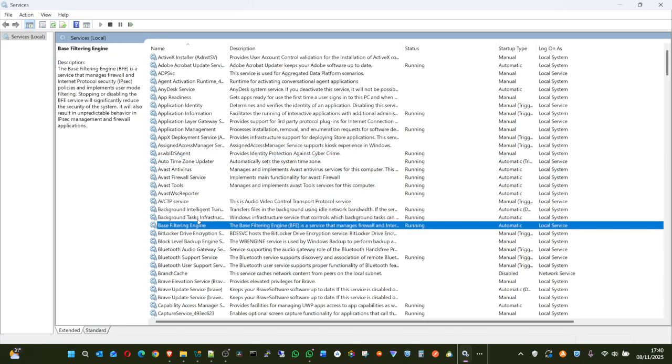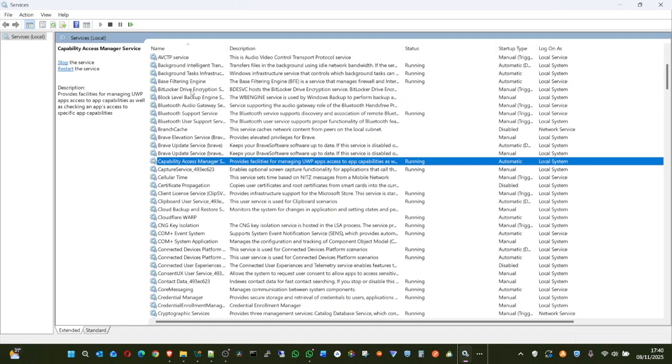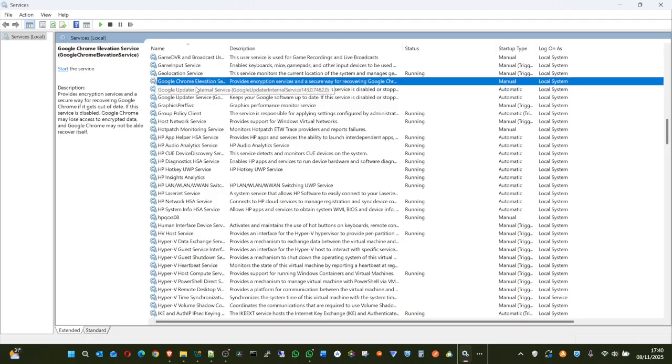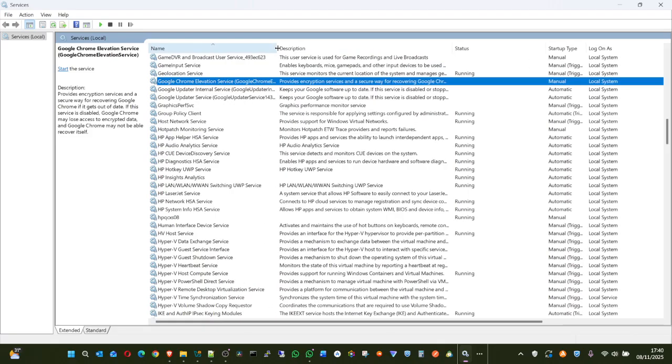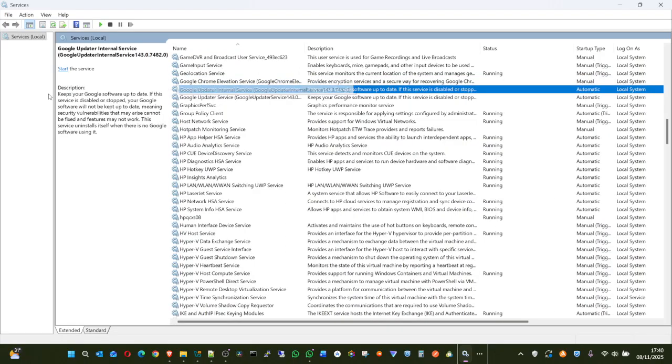And there are so many. Let's say Chrome. I scroll down, and if I can't see it I'll press G, which is Google Chrome. Now you can see Google Chrome right here. So if something is wrong with some applications, come to it right here. Maybe you're trying to run an application and it's not coming up. Come to services, and it will tell you details. You can see the description right here: keep your Google software up to date. You can see it's Google Updater, the internet service for Google, the update service. It's not running because I don't like using Google Chrome. I don't like it.